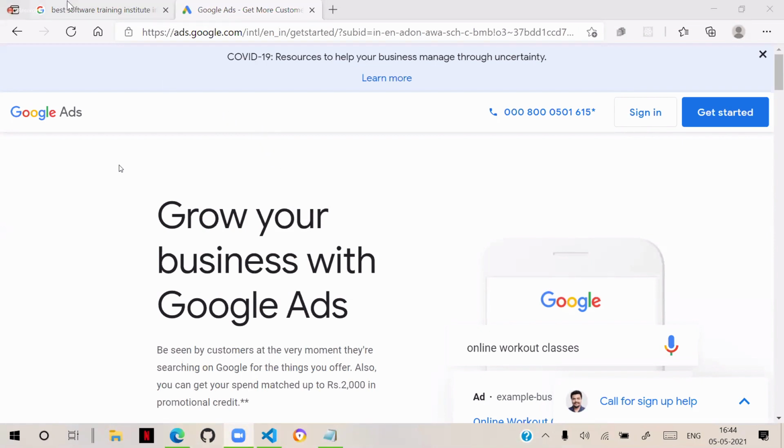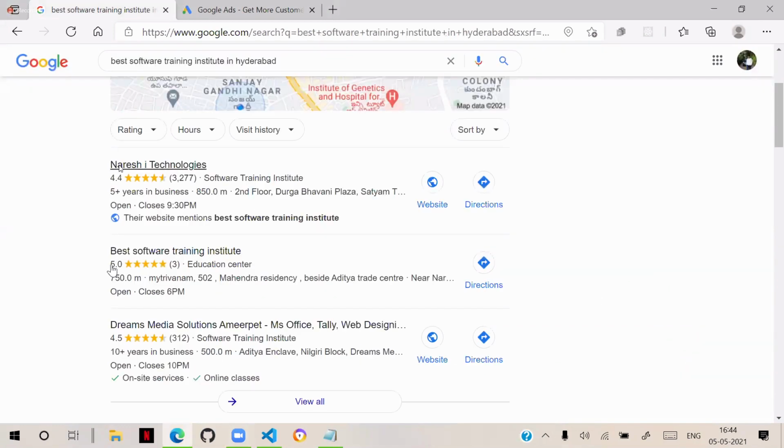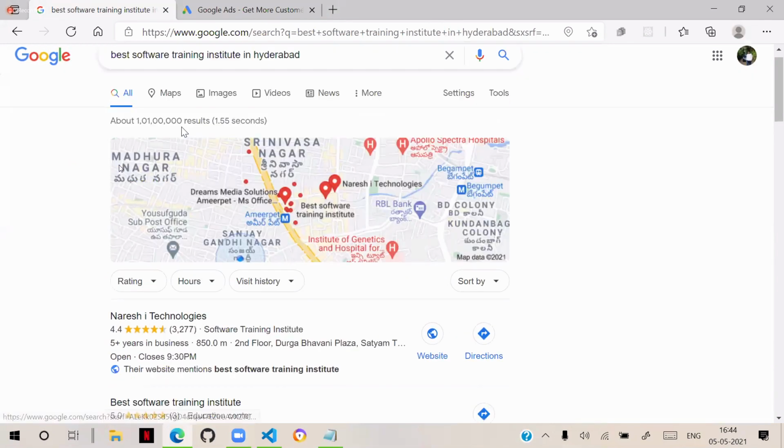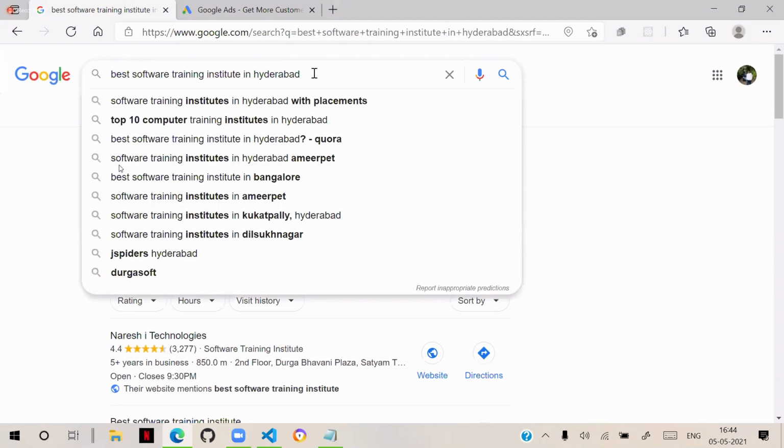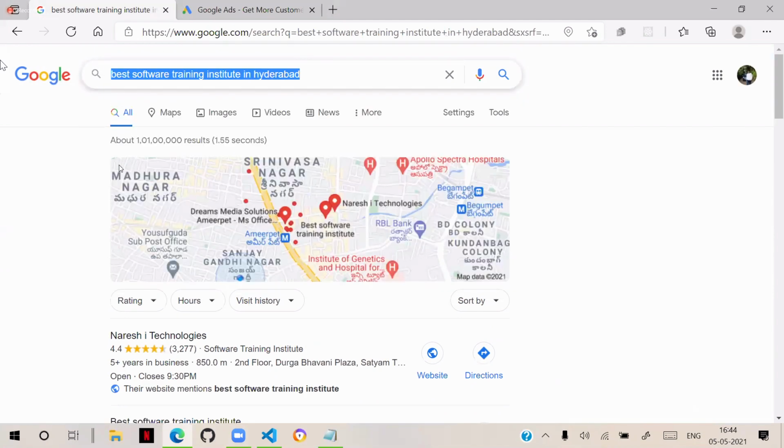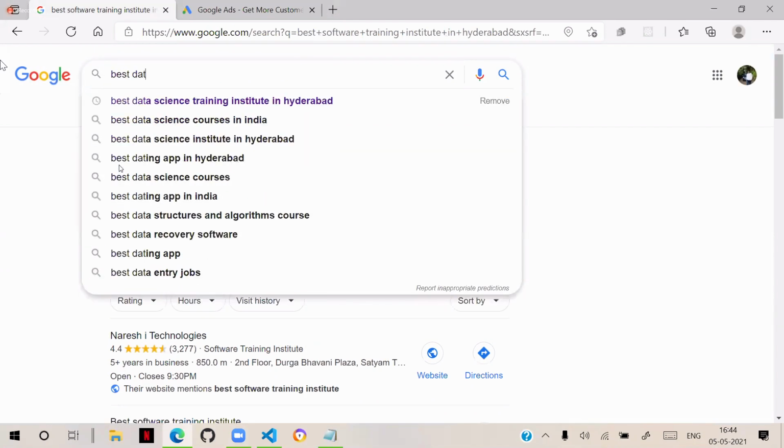But these people are not doing business. How can you tell that? Because if they are doing business, beside their name, AD will come. For example, see here, I am searching for best data science training institute in Hyderabad.